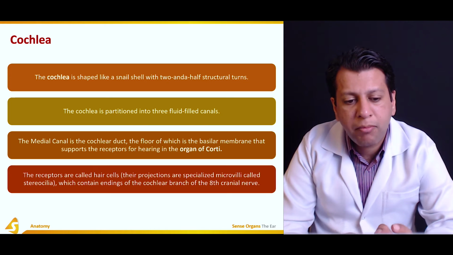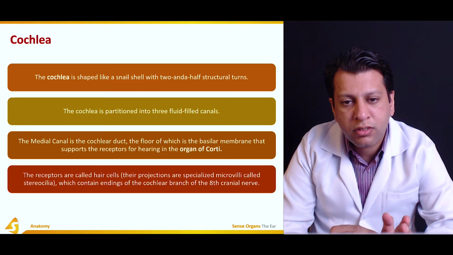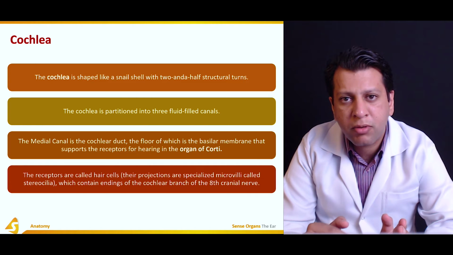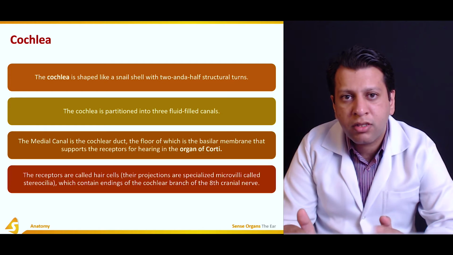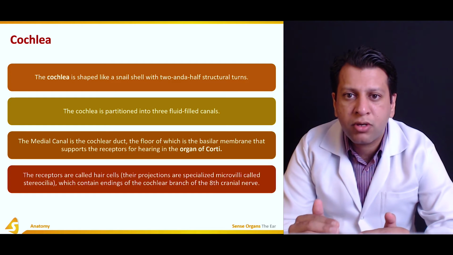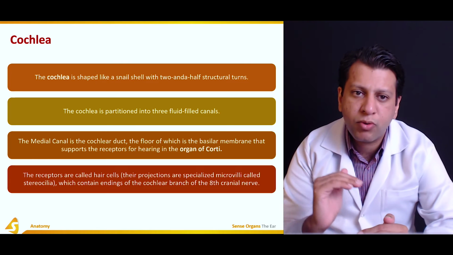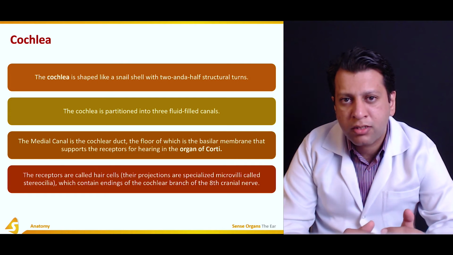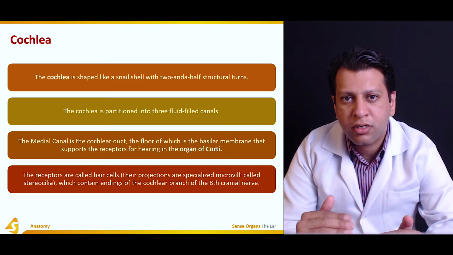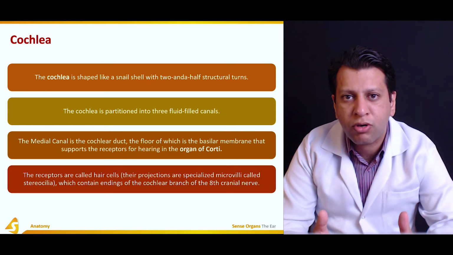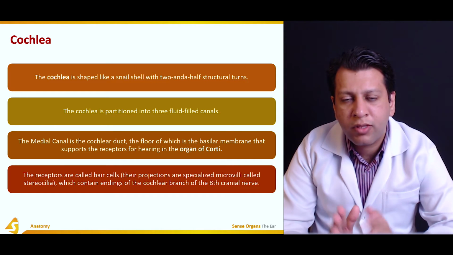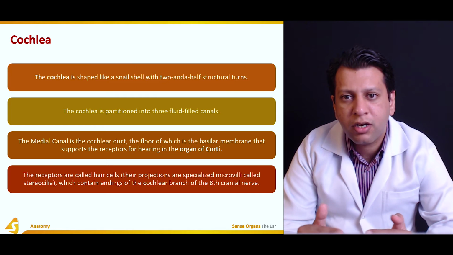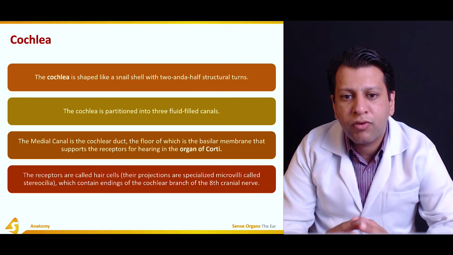So what is actually happening is, once the sound waves are coming, first they disturb the ear, then the tympanic membrane, and then from the middle ear, these sound waves cause a vibration of the malleus, incus, and stapes. But from the oval window onward, these sound waves which are coming from the external auditory meatus are causing the disturbance of the fluid which is present in the cochlea. Outside is the perilymph and inside is the endolymph, and this results in vibrations and disturbances of the fluid flow, which cause the